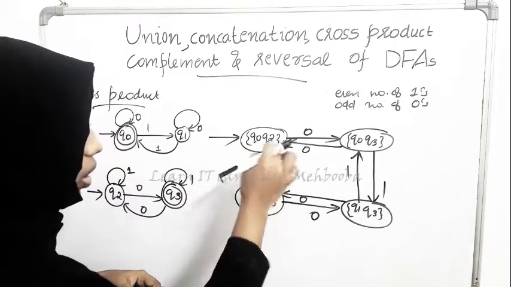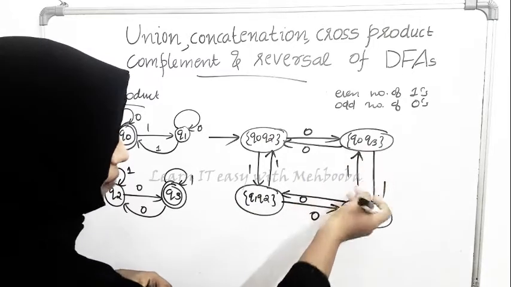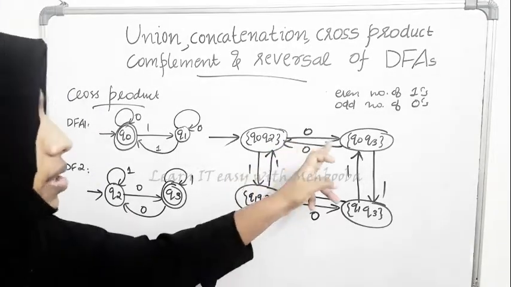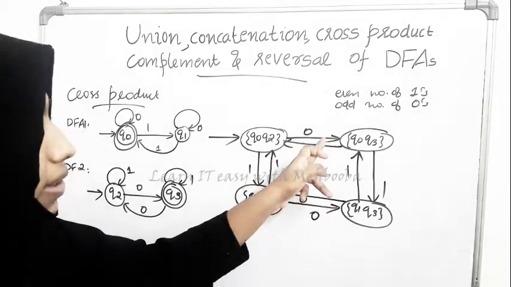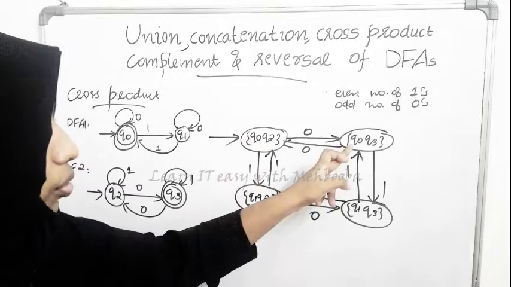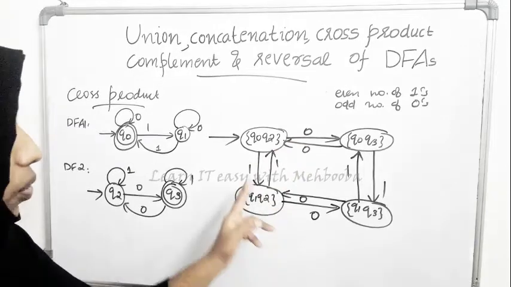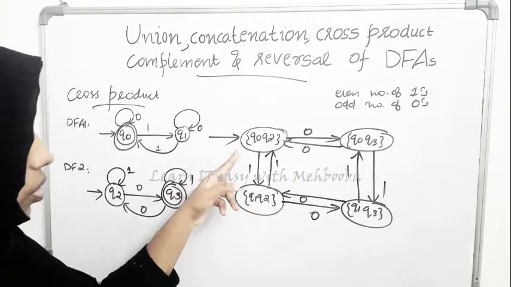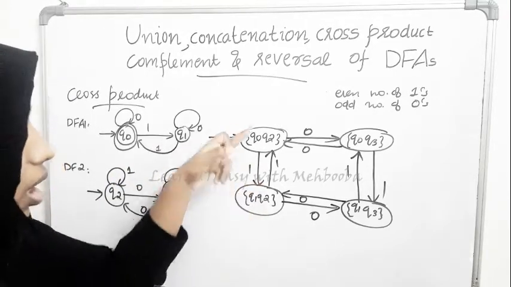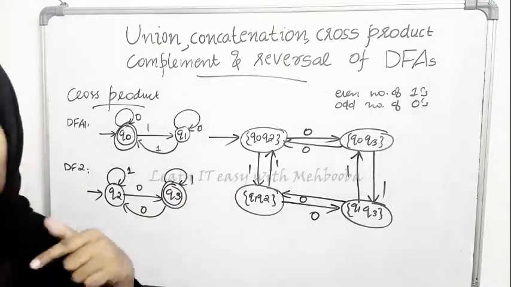Now for every state, both 0 and 1 transitions are defined. Please do keep in mind what a transition means. If a 0 transition is defined here, that means there is a transition from Q0 to Q0 in DFA 1 and Q2 to Q3 in DFA 2 on 0. If you have a 1 here, that means there is a transition from Q0 to Q1 on 1 in DFA 1 and Q2 to itself in DFA 2. This is the final DFA. Now we have to mark the final state. That depends on the question again.